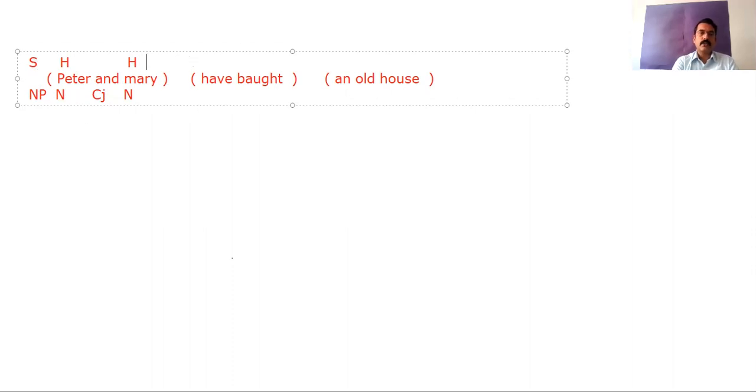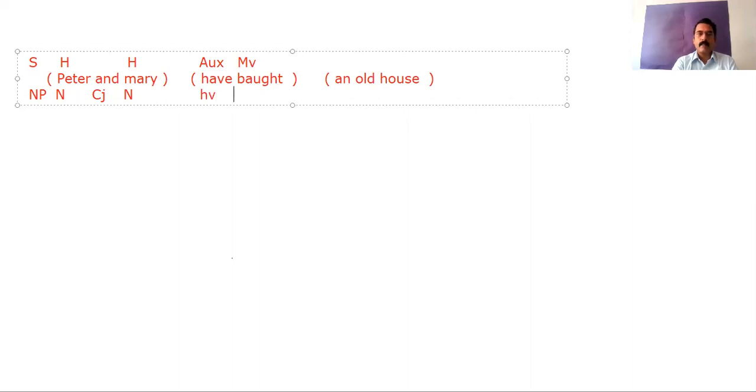Now let us go to the second phrase. Have bought. Main verb is always the last element if there are 2, 3 or 4 elements in a verb phrase. So the last element is main verb and remaining elements are auxiliaries. And this one is main verb, right? Let's give form labels.